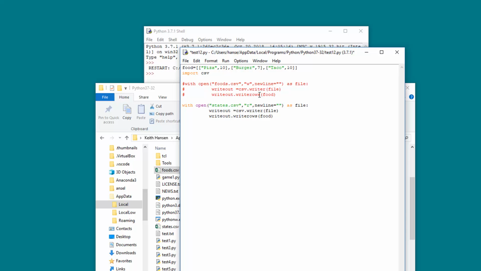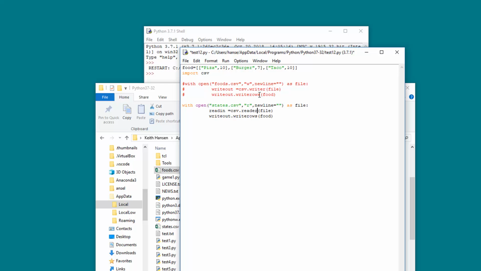We're not going to be writing out, we're going to be reading in, so let's change it. It's always good to be descriptive, a good habit to get into. We're going to look at that CSV writer, but this time we're going to be using the reader,